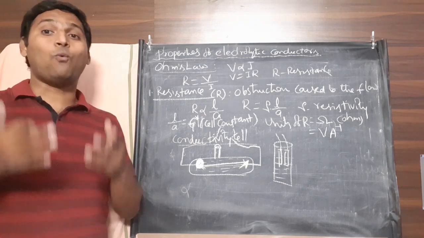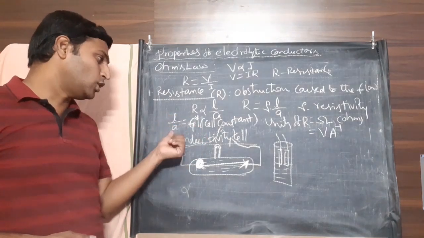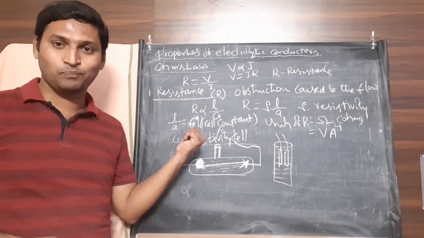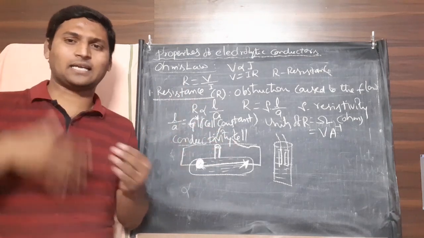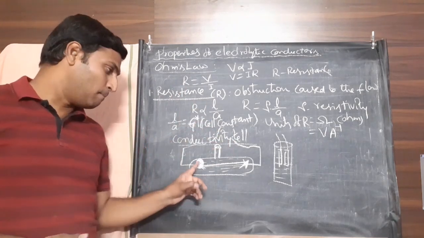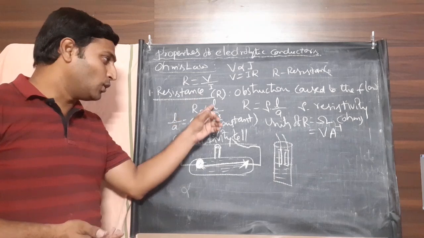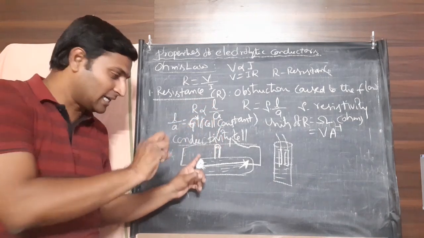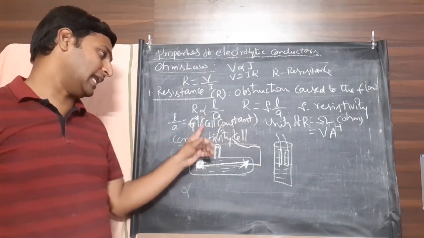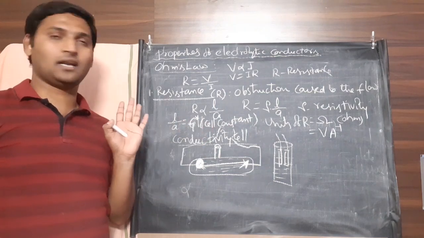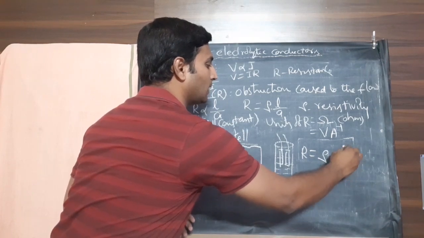Now I can answer you, why did we call the ratio L by A the cell constant? The answer is simple. If I take 100 solutions and determine their resistance or conductance or conductivity or resistivity using the same conductivity cell, then the dimensions don't change, right? So the ratio L by A depends upon the conductivity cell we are taking. For a given conductivity cell, this ratio is constant. That's why the word cell constant, often symbolized as G star. So I can even say that resistance is equal to rho into G star.